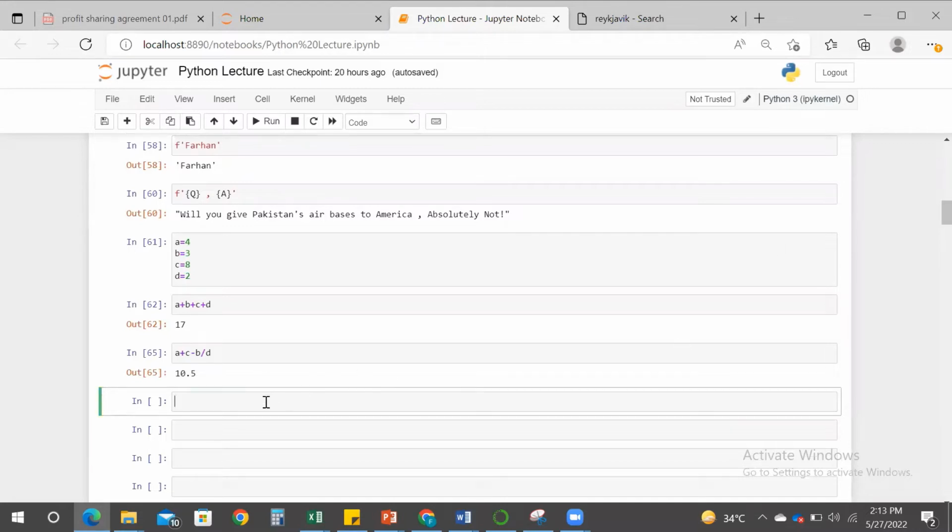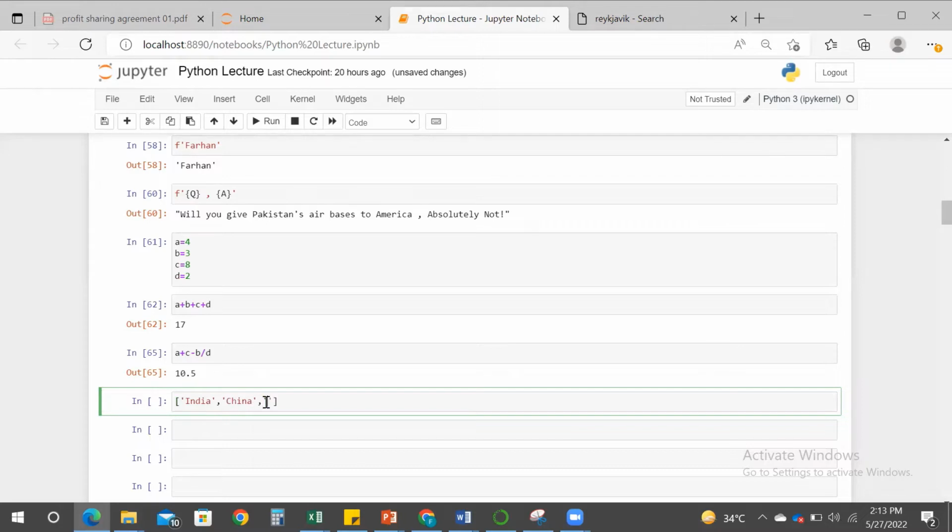So I'll use square bracket, and since names are strings, each name will be enclosed in quotes, whether it be single quote or double quote. So let's use single quote, and the first country be India, and the second country be China,